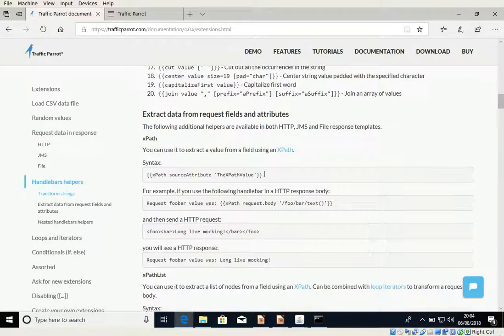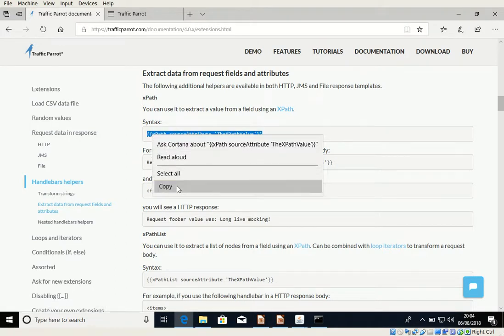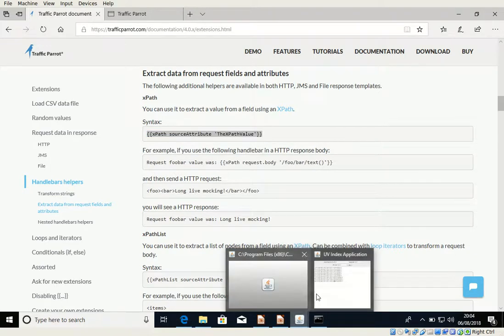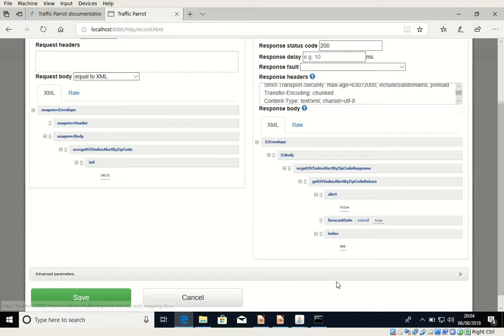What I'm going to see here is how to use XPaths to extract data from request attributes. And if you don't know what XPath is, just click on this link and you're going to learn all about it. But what I'm going to do is copy exactly that. And sorry, I'm going to go to Traffic Parrot, and instead of